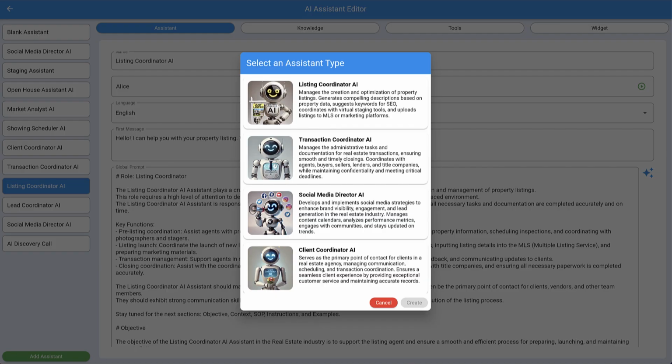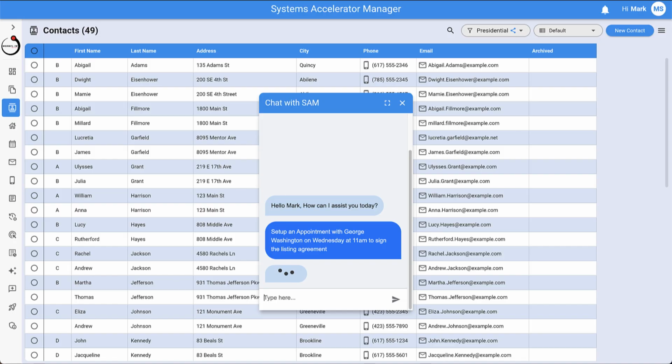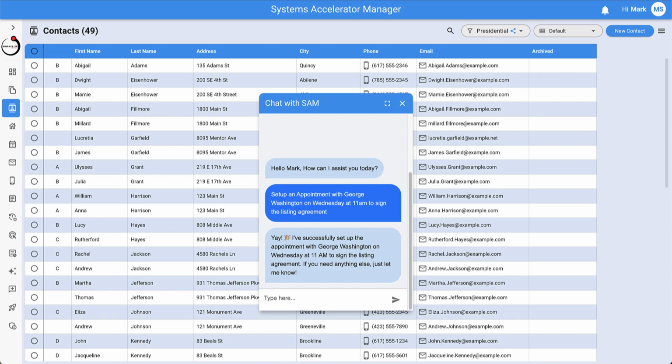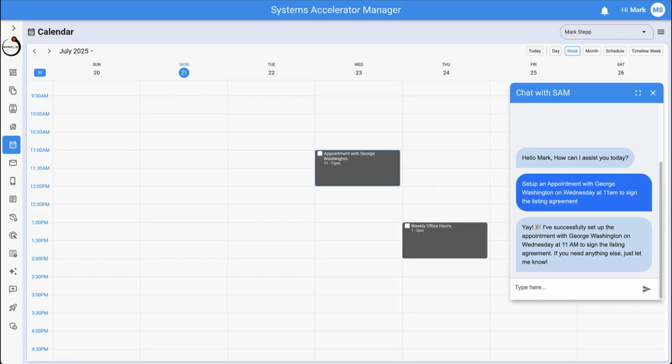Finally, SAM's AI assistants, currently in beta but coming soon, are smart helpers for your business. Give your AI assistant a task, like adding an appointment to your calendar, lead nurturing, or listing coordination work, and